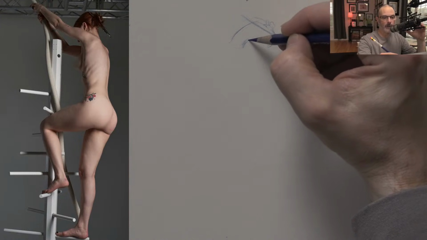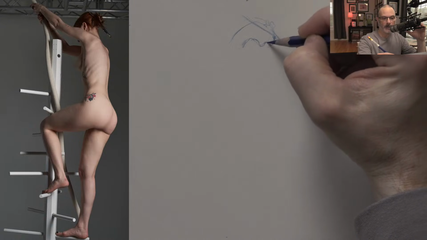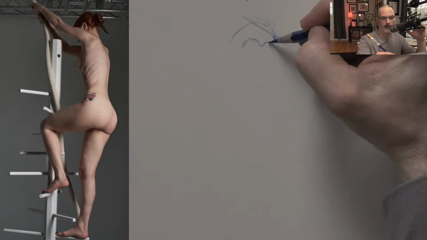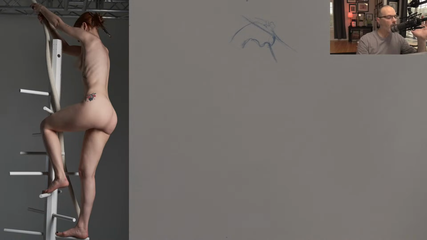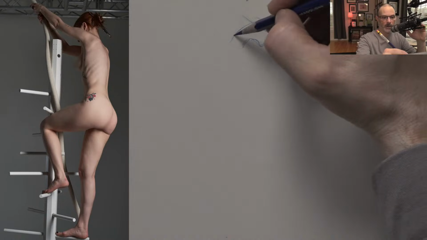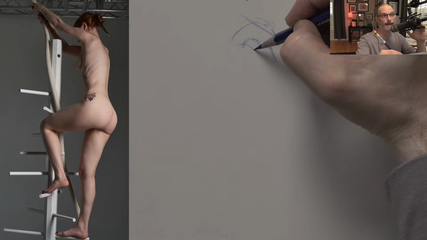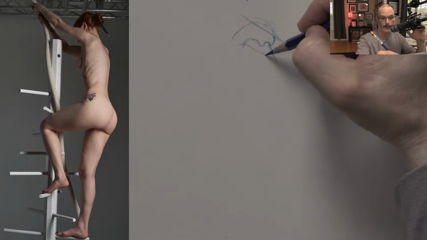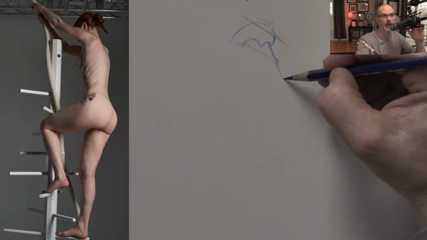Okay, so we're drawing with line. I'm going around our model's ear. And then the back of the hair goes around the spine. And the spine, cervical vertebrae, the neck, comes down. I know that's really small, YouTube. And now we've got our model's deltoid going into the scapula, 7th cervical vertebrae, the bump on the back of your neck, and then we're going into the upper rib cage, spine,